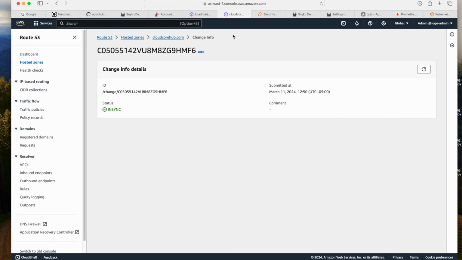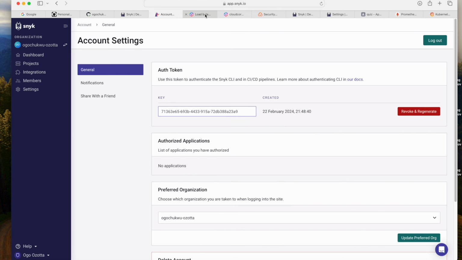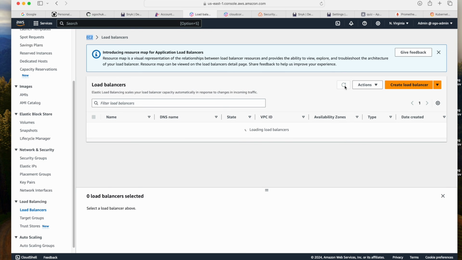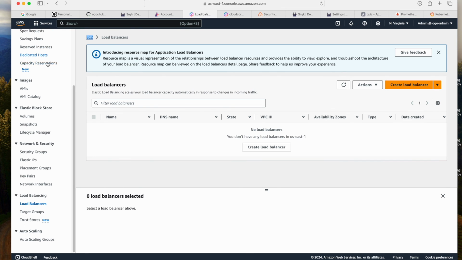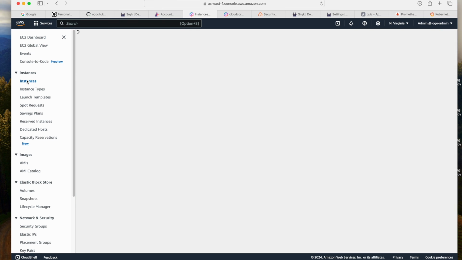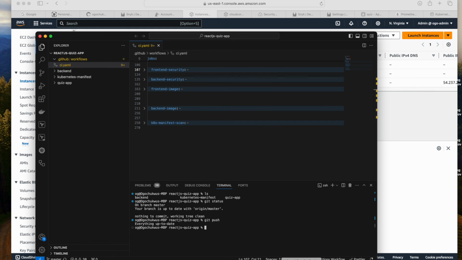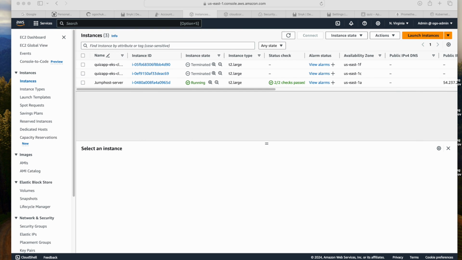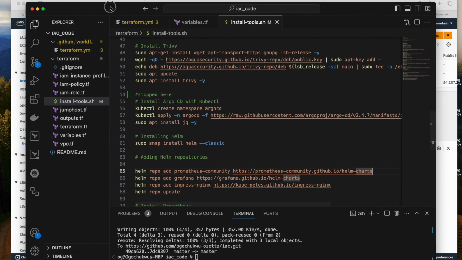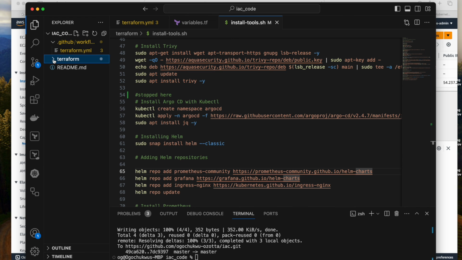Okay, I'll go to AWS to confirm that everything is deleted. Refresh, you see all the load balancers are gone. Back to EC2, see the nodes or the cluster is terminated. So what is left is the Jumphost, which we are going to use Terraform to destroy because we used Terraform to create this. Okay, we're going to bring that infrastructure as code,